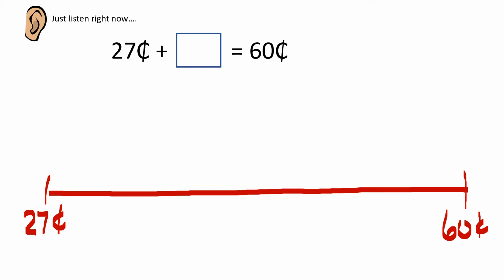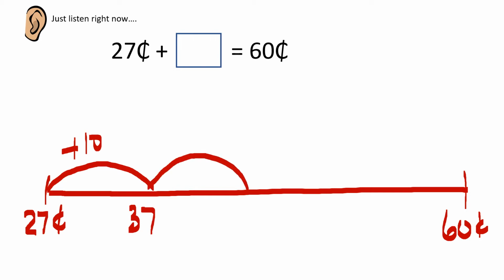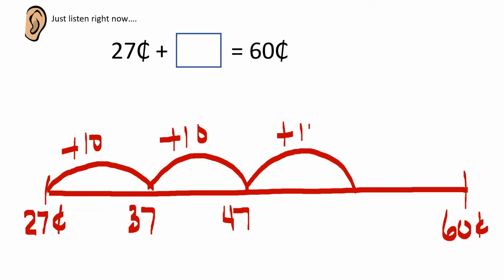But we want to jump to 60 cents, which is what he started with, and see how much did he lose along the way. So if we make one jump of 10, that takes us to 37 cents. If we make another jump of 10, that takes us to 47 cents. If we take another jump of 10, that takes us to 57 cents. And now we just have to get to 60 cents. So we're pretty close to that. So we can no longer go another 10 because that would take us to 67. So we can jump by ones,